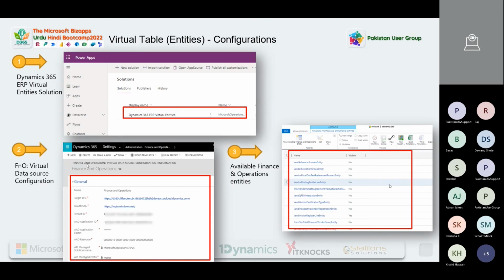So let us move on and touch base on some of the key aspects of virtual tables or virtual entities, the configurations. As you can see here in the presentation deck, I have tried to highlight the required, bare minimum setup. However, if you refer to the documentation on Microsoft Learn, you'll find a bunch of good step-by-step articles there. When you want to enable virtual tables or entities, first and foremost, you need the Dynamics 365 ERP virtual entity solution that you can download from AppSource,